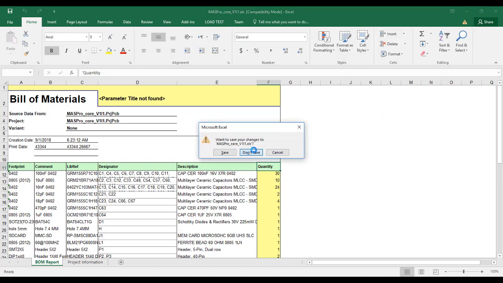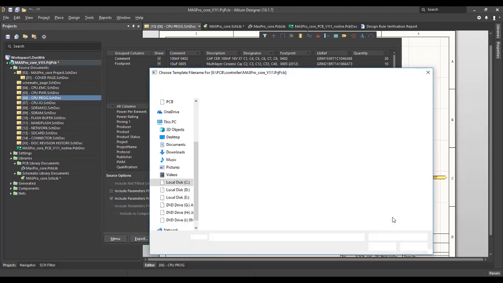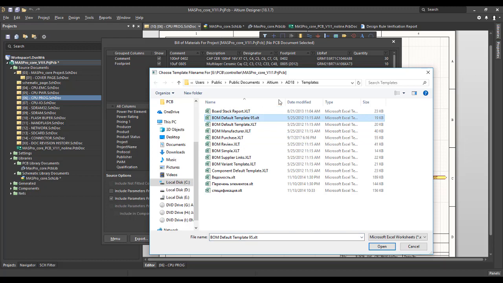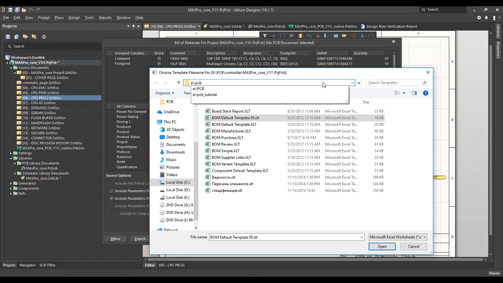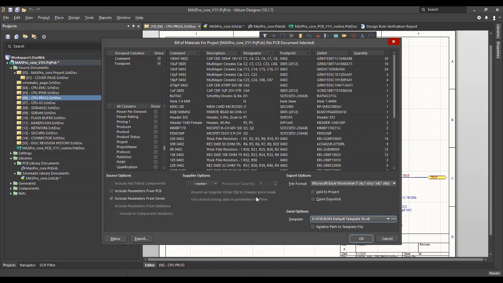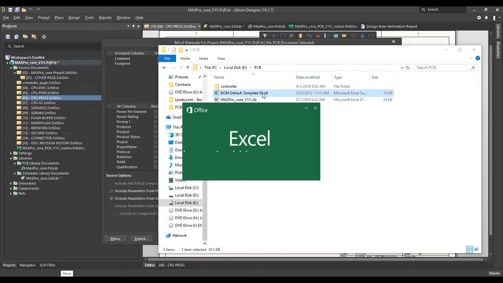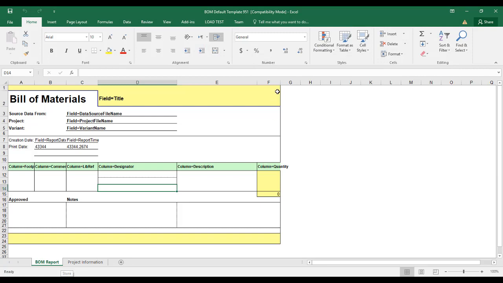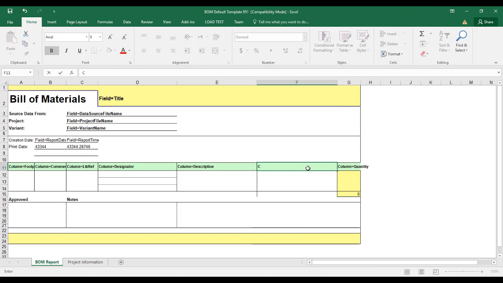So in the Altium Designer page, I first copy the BOM default to the project's PCB, and then open it here in the Excel, and I just try to add a column, insert the column, and write